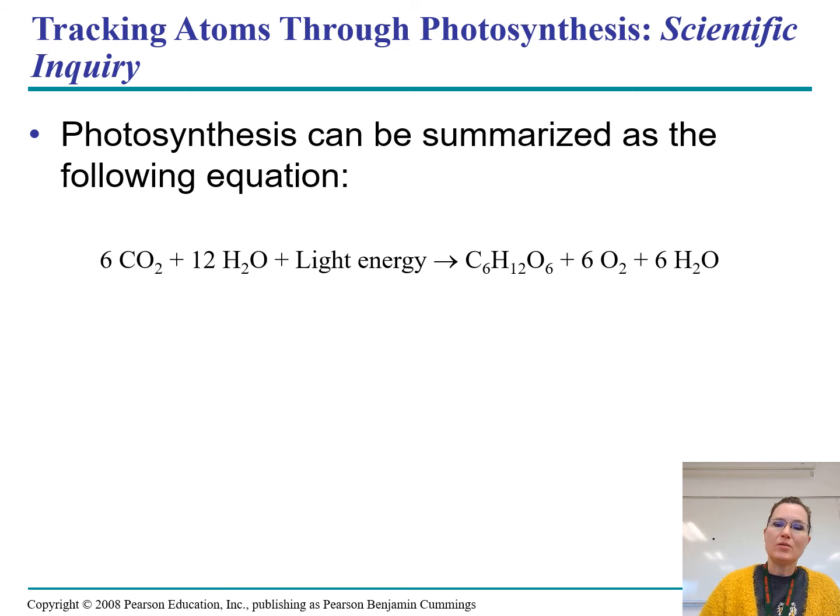And then this is the equation. It is the opposite equation from cellular respiration. So if you can remember one, you can remember the other. I like to remember photosynthesis because for me it's easier. What do plants need? They need sun, they need water, and they need carbon dioxide. And then what do they make? They make glucose, which is plant structure. As a byproduct, they give us oxygen. And then they make a little bit of water.